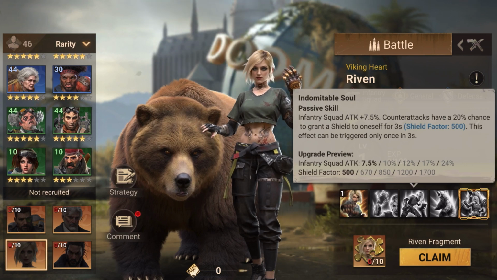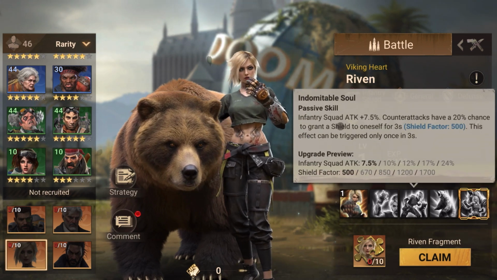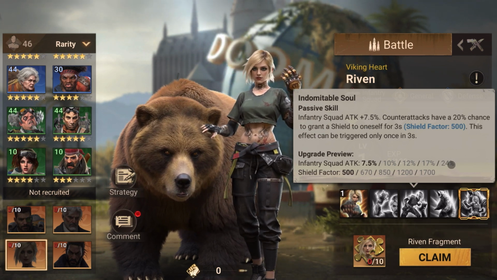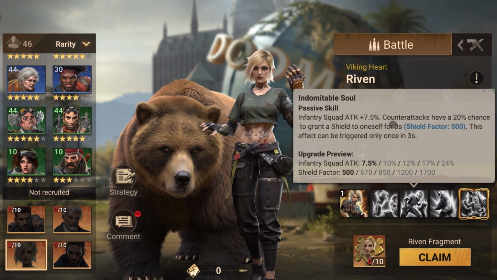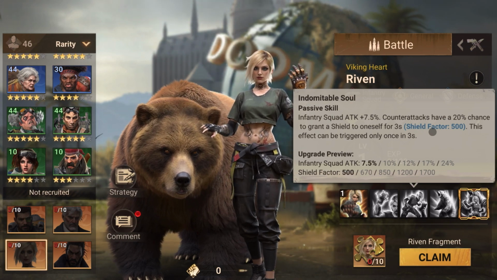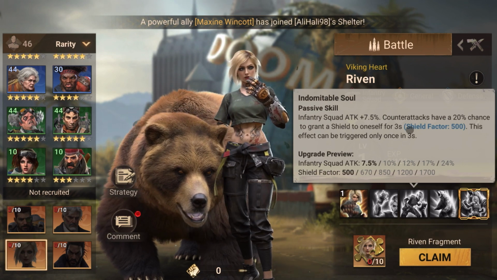Now this is the second skill we talked about. Infantry squad attack 24%. This is straight up buff. It's okay. We have commanders with more than this, but this is where things get interesting. Now, I would like you to listen to me a little carefully because she has a couple of things with